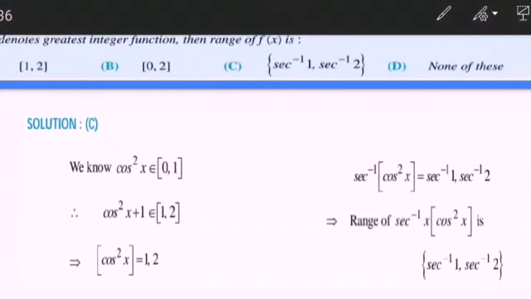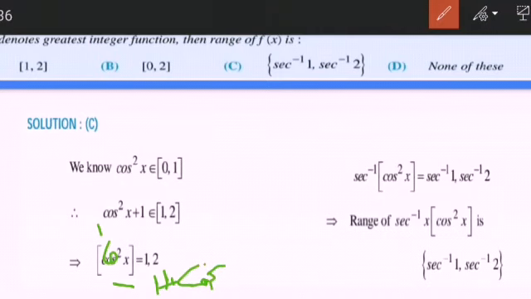Here we say 1 plus cos square x in this set. You can add this 1. For this, you say 1 plus cos square x in this set, right? And this is 1 comma 2. So wherever there is cos square x, you have to consider 1 plus cos square x. It is a misprinting.